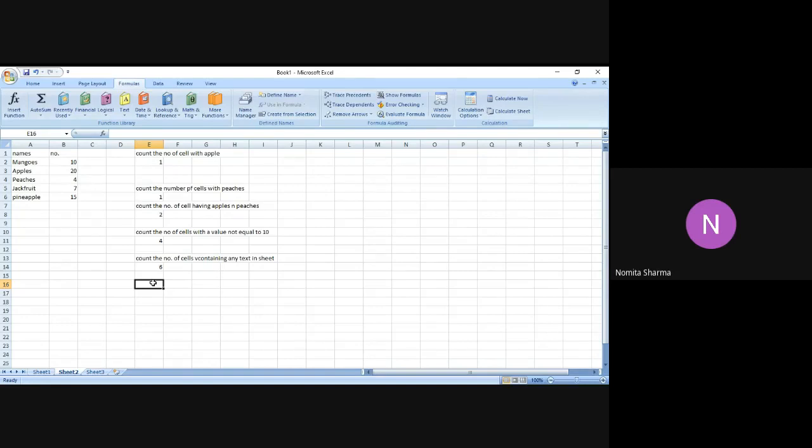And next we are going to talk about COUNTIFS. So I was talking about those scenarios. So COUNTIFS is the function that you tend to use when you have more criteria that you want to see. Otherwise you will be writing COUNTIF again and again.